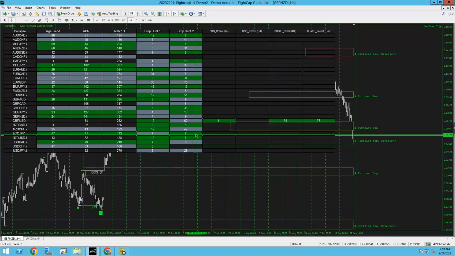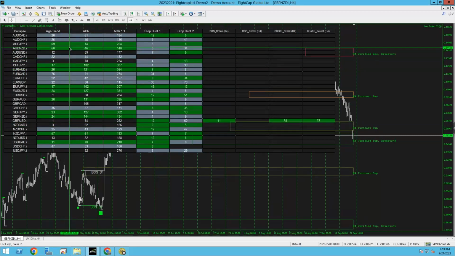Okay, so the people that picked the pairs that have no trend, which are the black color in the aging trend box over here, those are the correct people. All the black ones. There you go, Jay. You basically said the right thing there. That was the easiest way to do it. All the ones that are black colored here are the ones. Obviously, it would be whatever color you set your dashboard to. Mine is obviously gray, black, and green. That's why black is no trend.